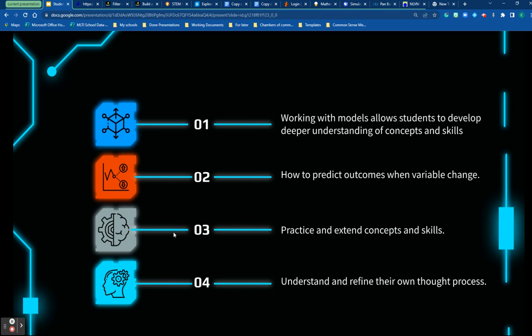So back to, and the next one is predicting outcomes when the variable changes. This is so huge in science. Being able to take things that you may not practically be able to do in your classroom. One of my favorites is